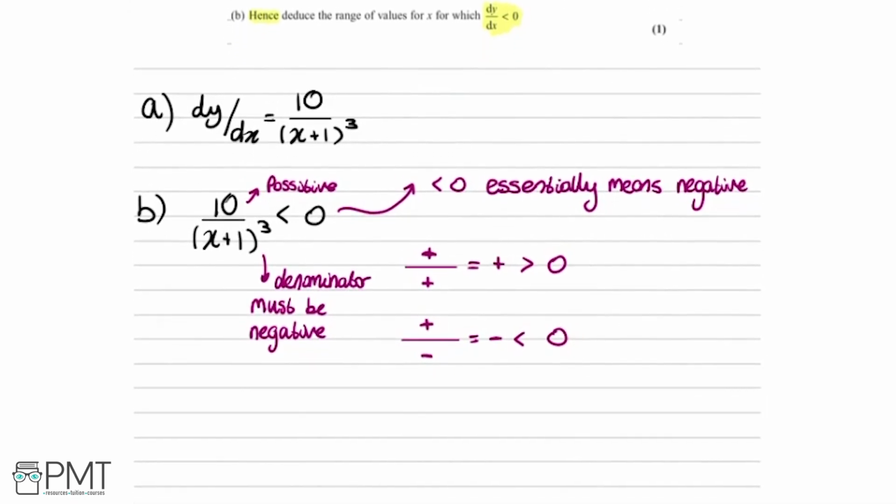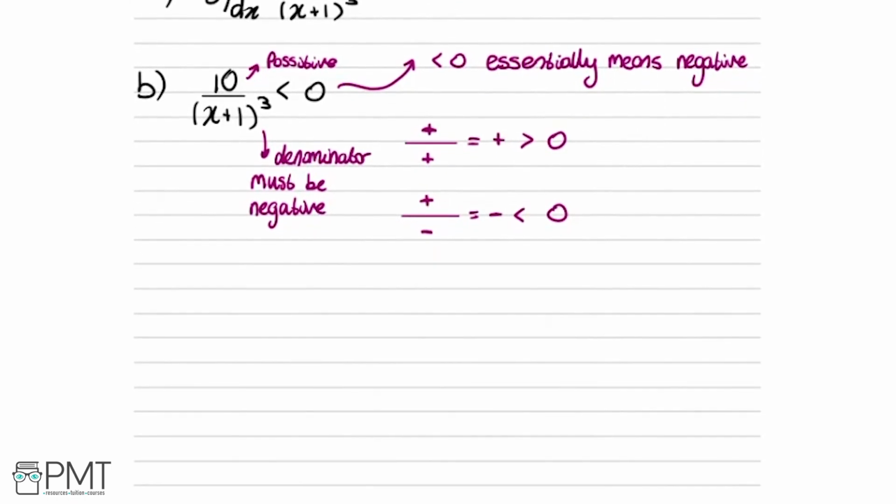So we're going to break this down even more. Essentially, what we're now saying is that x plus 1 to the power of 3 needs to be negative. So it needs to be less than 0. So now we've got a new inequality. Right, so now we're going to think about this in a similar way again. We have something to the power of 3. If we have a positive number to the power of 3 equals a positive. If we have a negative number to the power of 3 equals a negative. So we need, breaking this down even further,